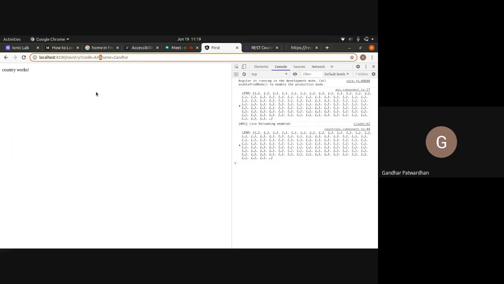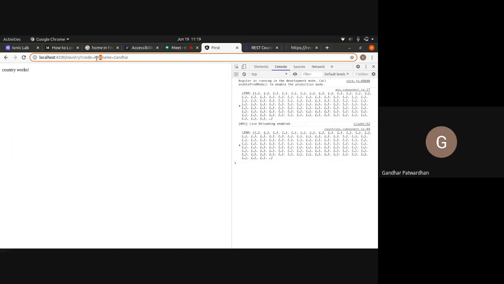Okay, so that way we pass multiple parameters to a page or to a component via a route. Now the next thing we need to do is take these parameters and their values and pass them to our function of the service.